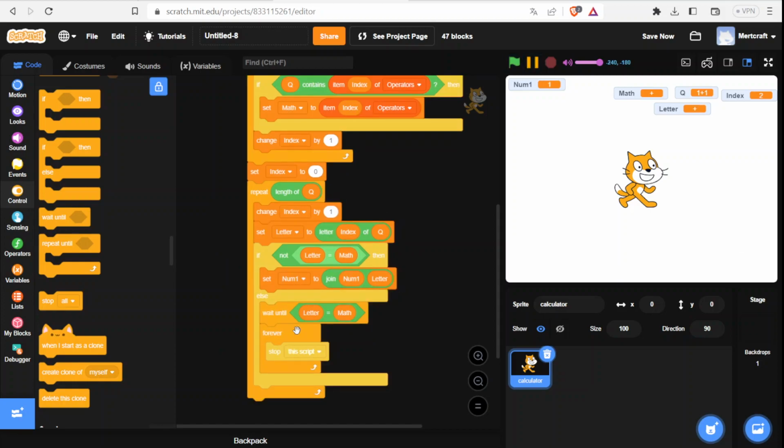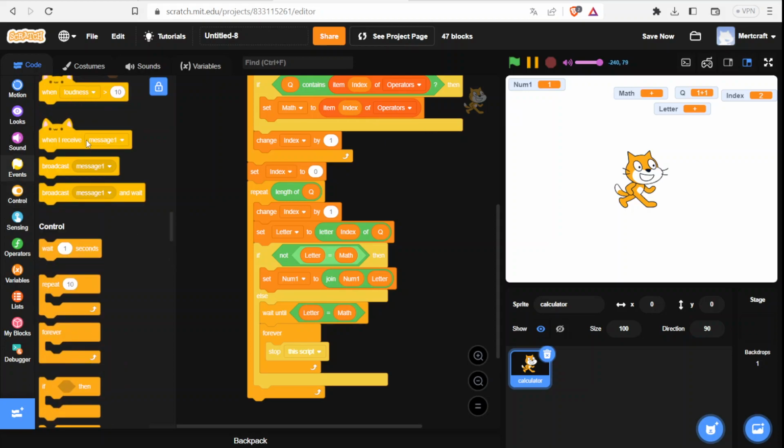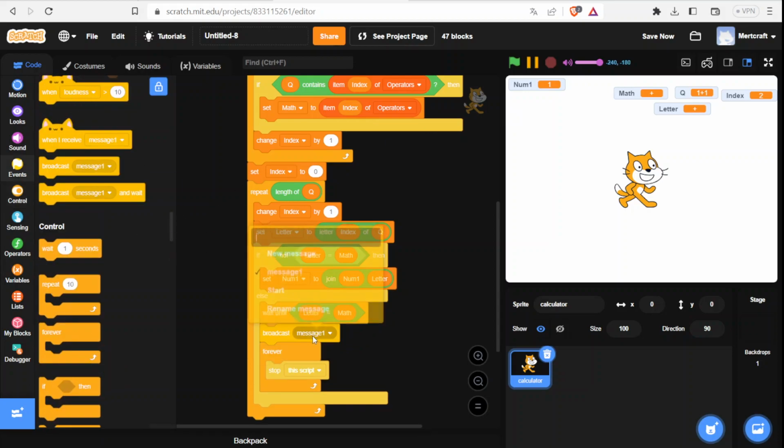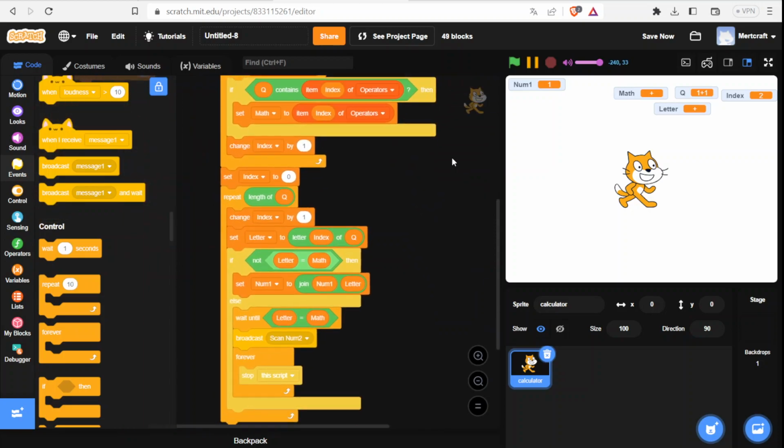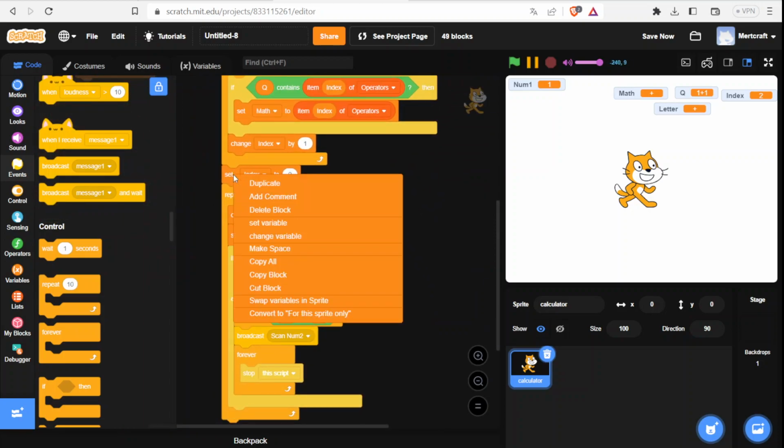1 plus 1, our num1 sets to 1. That's awesome. Okay, and in here, let's broadcast before the forever loop: scan num2. Now we're gonna scan the second number. Okay, we can just duplicate this